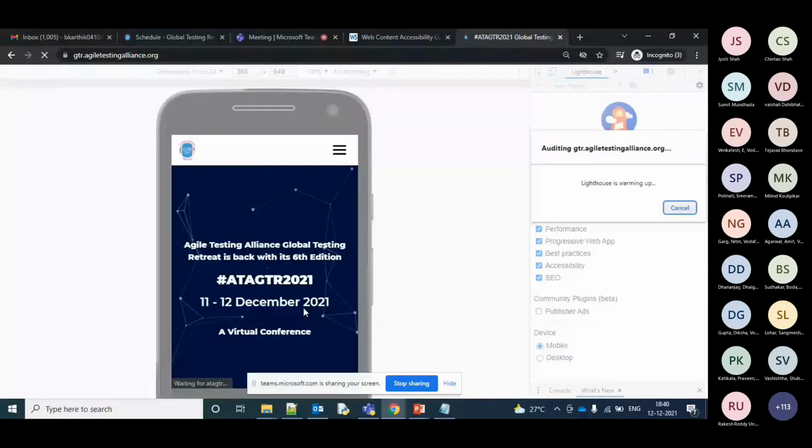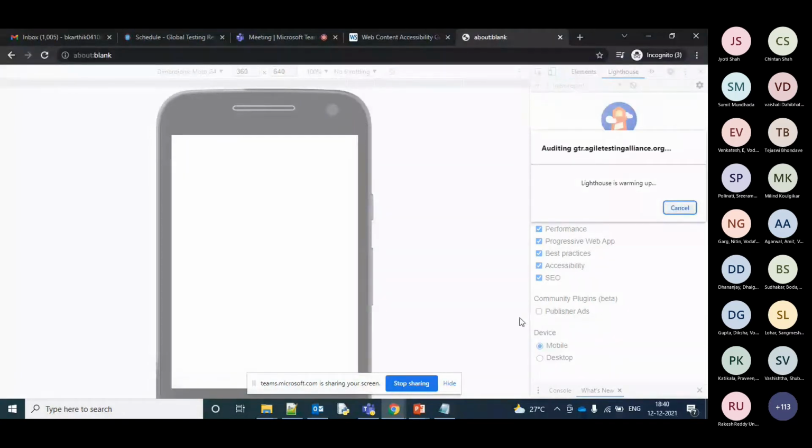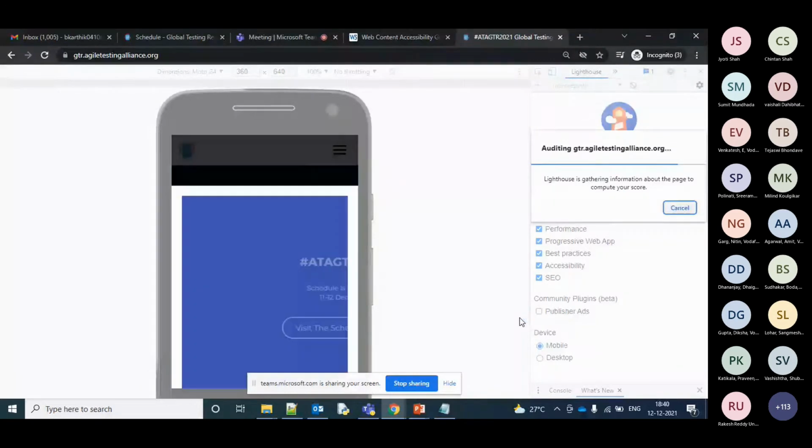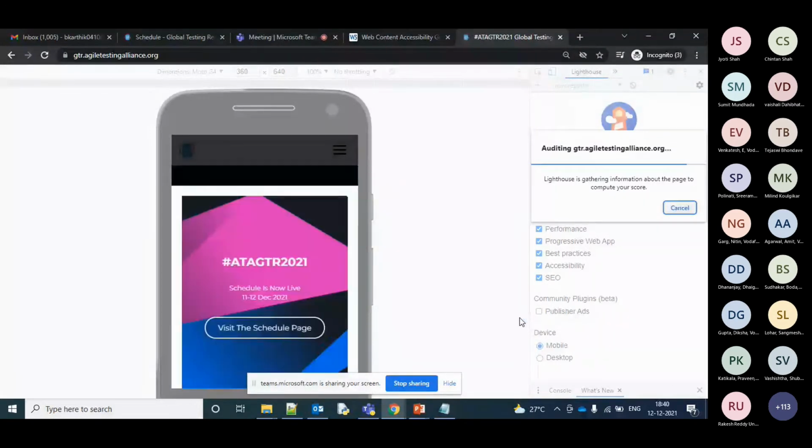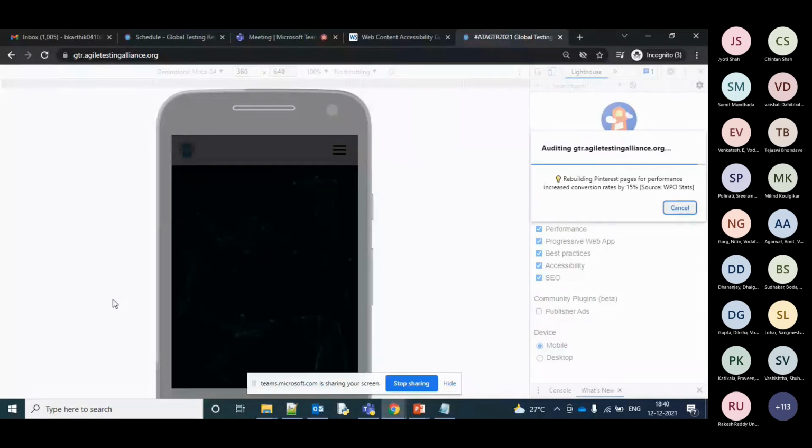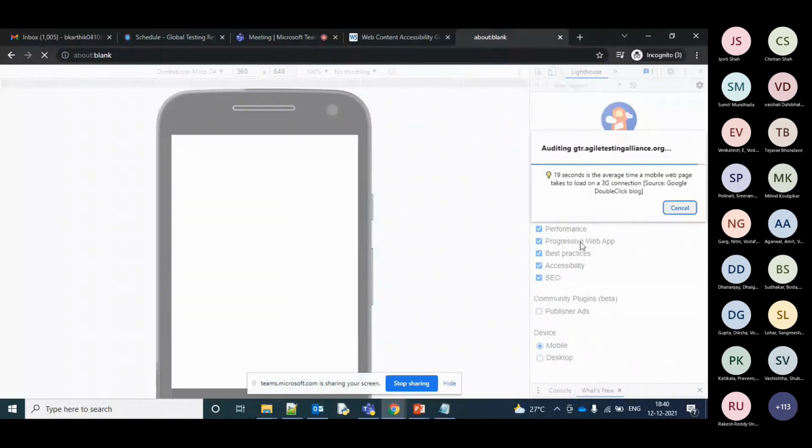Once I click on it, first it will be rendered across mobile and other things. It will also try to render in 2G, 3G, and 4G, like how the device is coming up, and we'll be able to quickly see the report. It will be scoring on all these 5 parameters. So this is a quicker way which developers are using to test it.